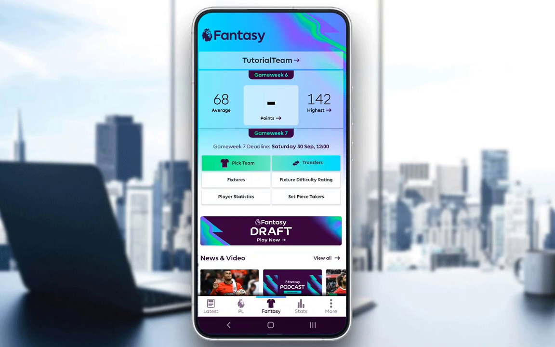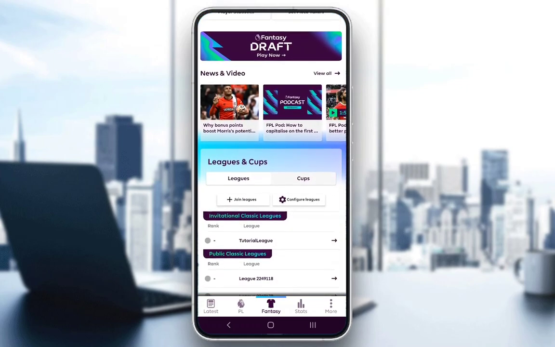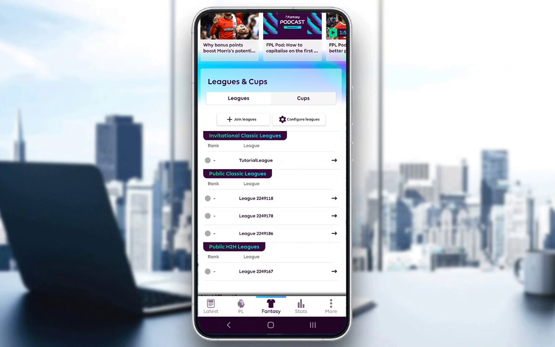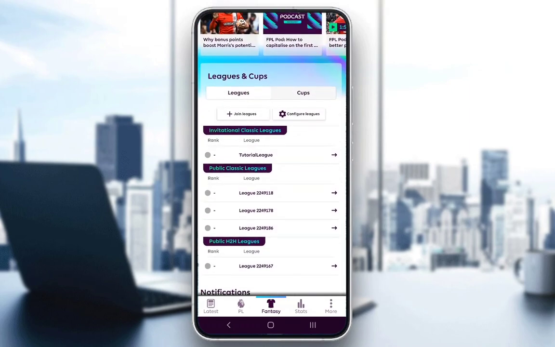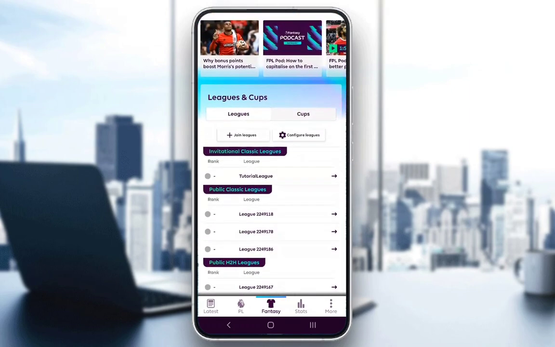Now, when you're actually on this screen, what you want to do is navigate to the bottom, and you will find your leagues and cups section, where you will find exactly all the leagues you are part of and all the leagues that are going on, and of course any leagues you've created, as with the tutorial league which I've created before. Now, to actually leave a league, what you want to do is make sure leagues are selected and